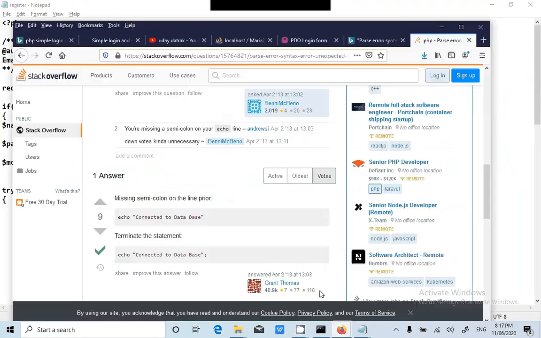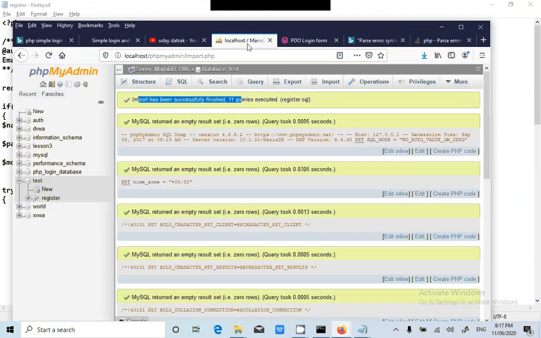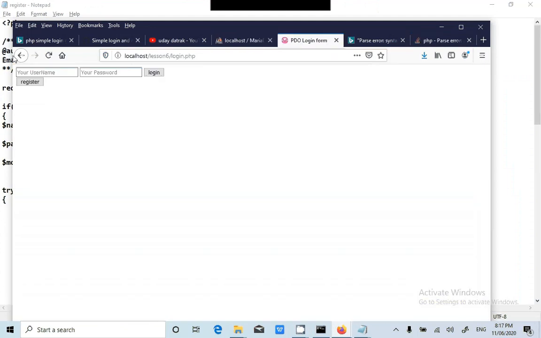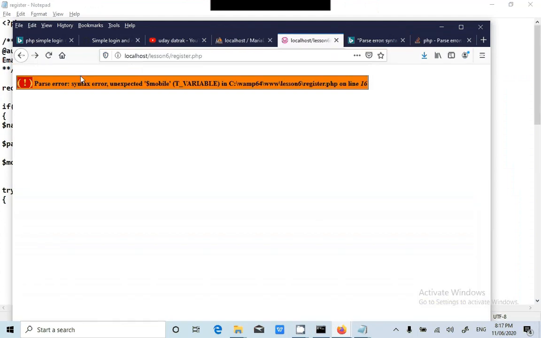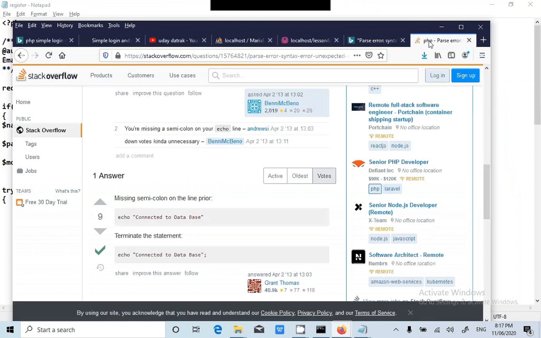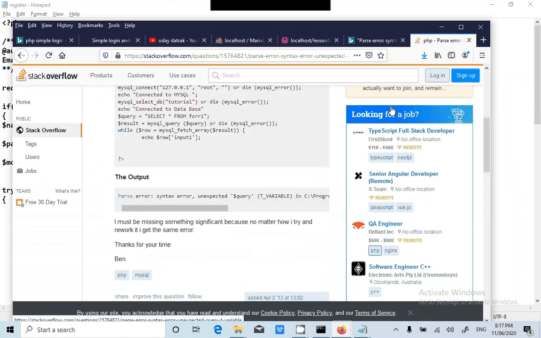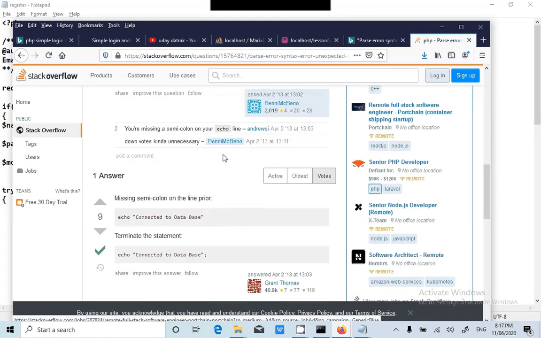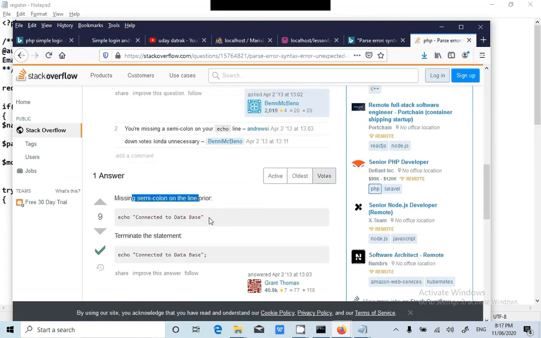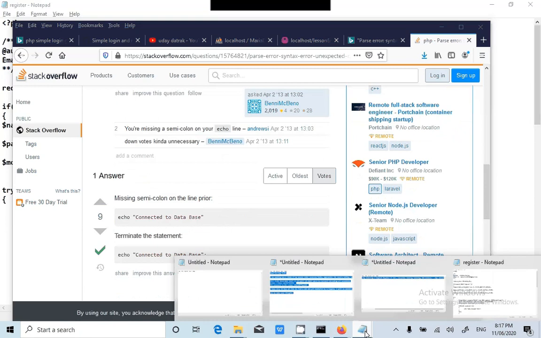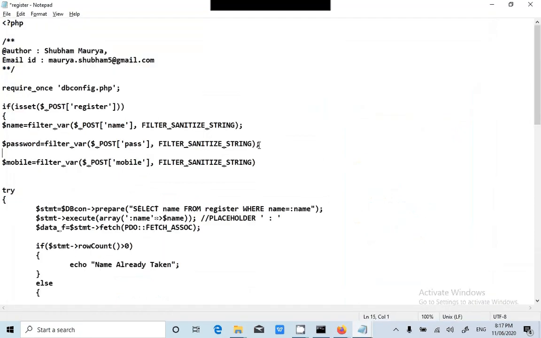Guys, I just copied the error. When I searched in Google, I opened two or three results: unexpected error, query t variable. That means it is saying there is a missing semicolon on the line prior to it. So I just need to put the semicolon here, at this function, to end the statement. Okay, now